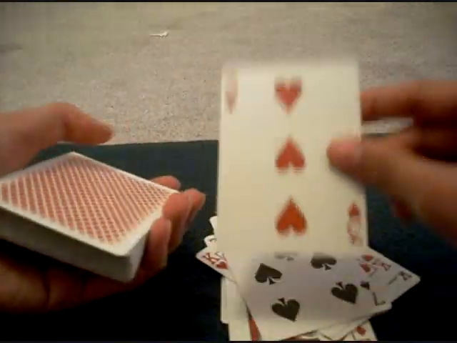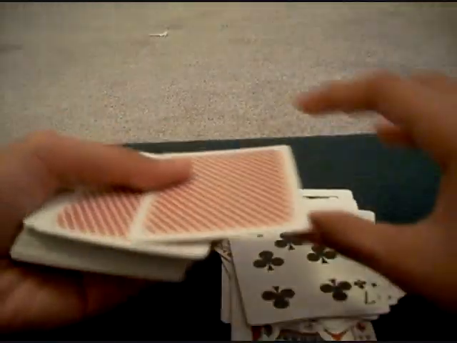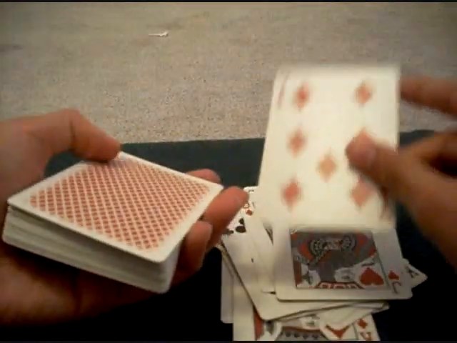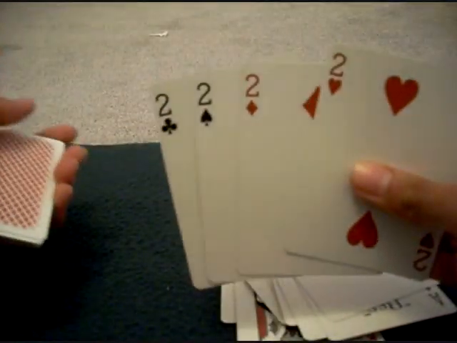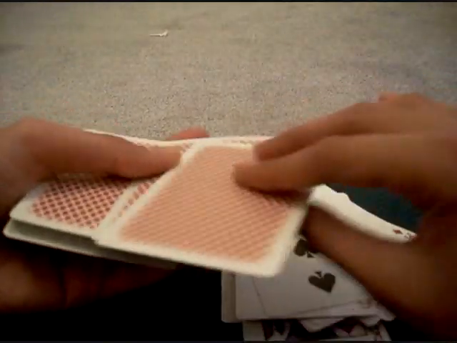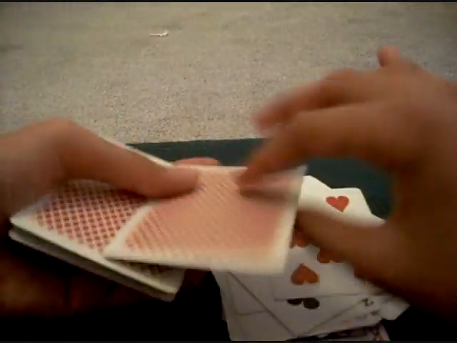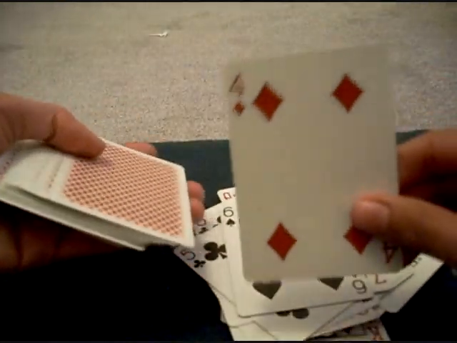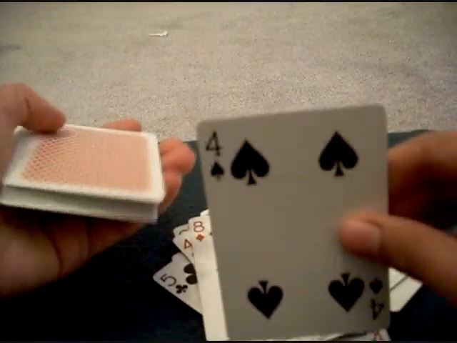Then a 7, then a 3, then the 3 queens. Then a 7, then a 3, then the 3 jacks. Then a 7, then the 4 aces. Then the 4 deuces or 2s. Then a 6, a 3, a 6, a 5, a 7, a 6, a 4, an 8, another 4, another